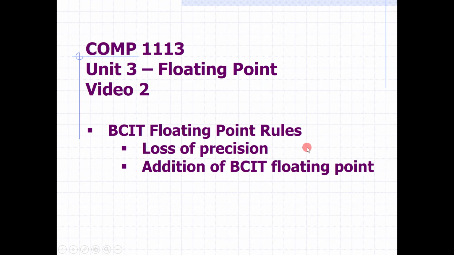And that's what we'll do in our next video. In the next video, we'll introduce our BCIT floating point, and then we'll go through all the pitfalls that can happen with floating point. We'll discuss all these special cases again, with the unnormalized form, infinity, 0, etc. We'll have all of those things also with our